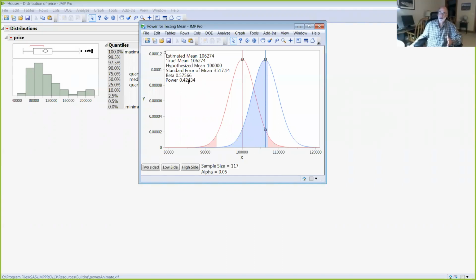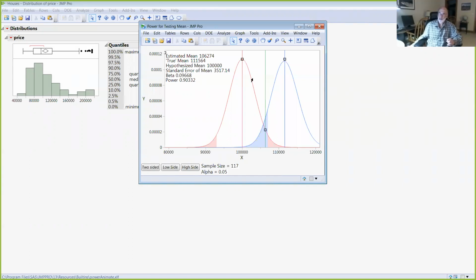We'd call the power of the test here 42%. It's the ability to detect a difference this large and declare it significant. Notice what happens here if I move this evidence further out. If we had actually gotten 111,564 in our sample, the power of our test to detect this larger difference now is 90%,